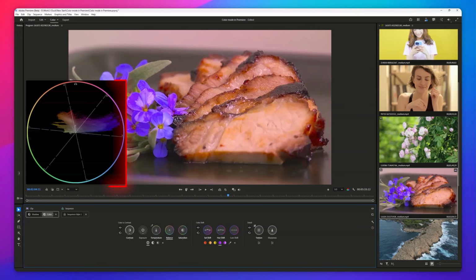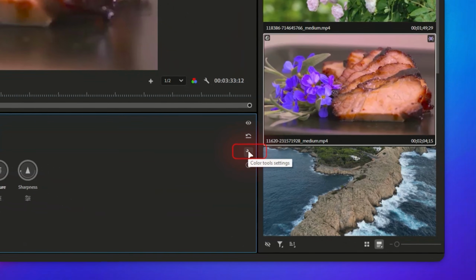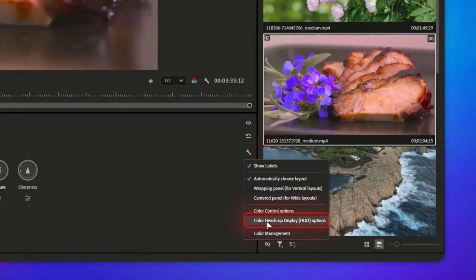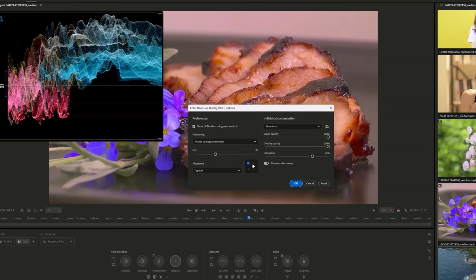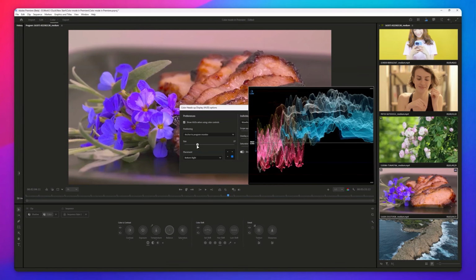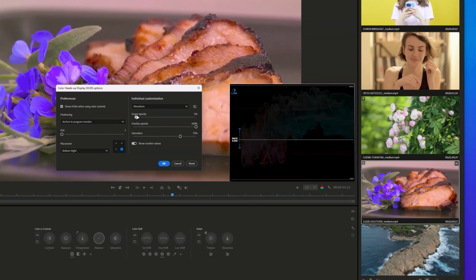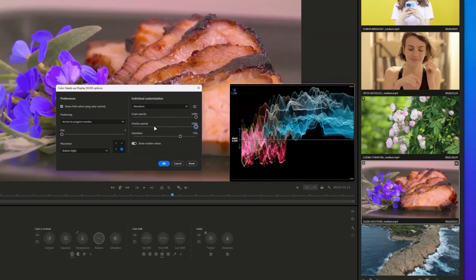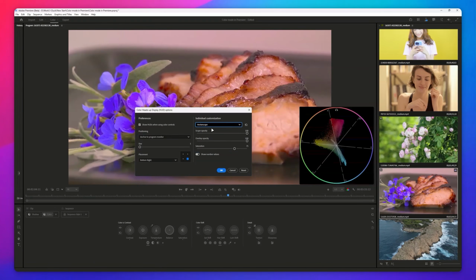Some of you might want to remove this HUD, or you might want to move it to another place. You can do that. Let me show you how. Go here, color tool settings, and color heads up display, and you can see you can move it top left, top right, bottom right. You can set the size. You can also change a lot of things here: scope opacity, overlay opacity, saturation, and show number value, which is this, waveform, vector,